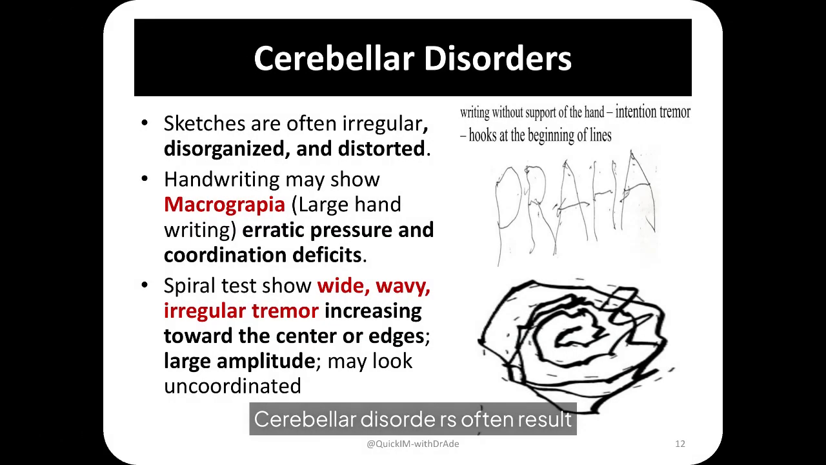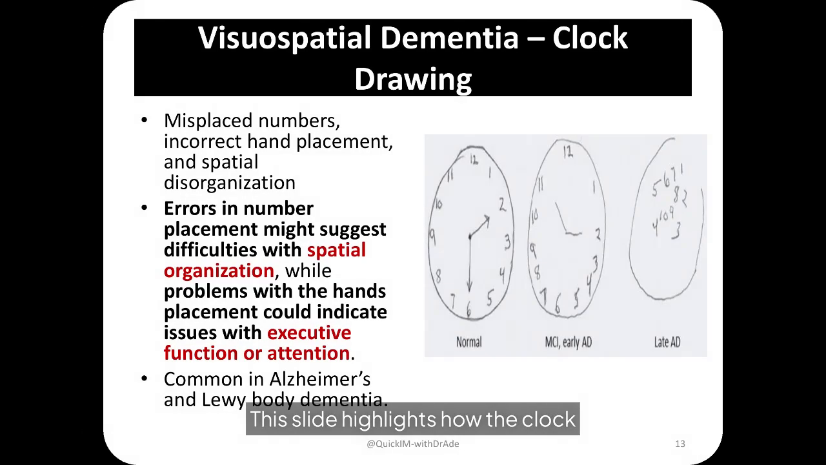Cerebellar disorders often result in irregular, disorganized sketches. Handwriting may show micrographia or large handwriting with erratic pressure, reflecting coordination deficits. This slide highlights how the clock drawing test can reveal visuospatial and executive dysfunction in conditions like Alzheimer's disease and Lewy body dementia. Patients may misplace numbers, crowd them on one side, or leave them out entirely, indicating impaired spatial